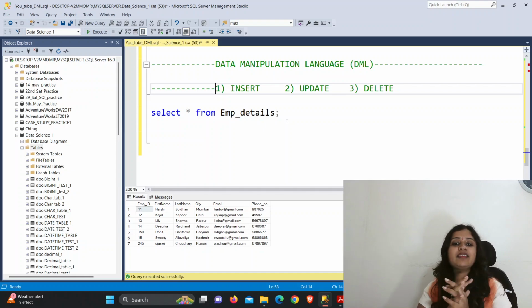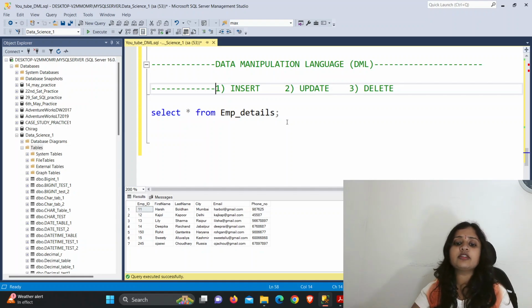So in the previous lecture we have seen the command which comes under DML, that is data manipulation language, the update command. Now today we are going to see the delete command which comes under DML. If you want to play around with the data which is already present in an existing table, you need to use the DML category, and inside that you use the delete command or delete option. We will see it in detail right now.